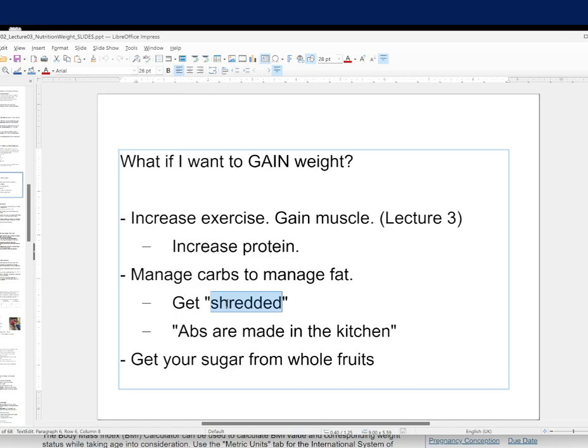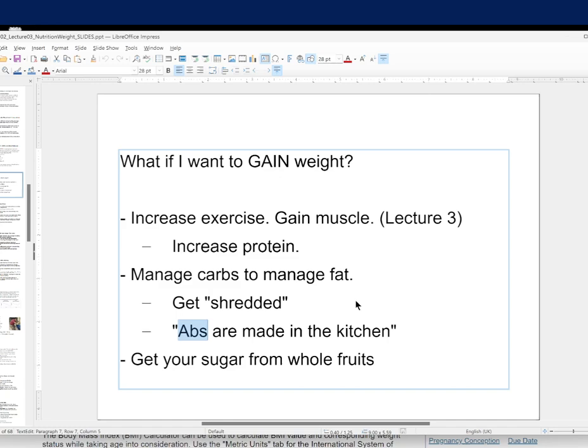you want to get shredded and you want to have abs, I'm going to tell you that abs are made in the kitchen. How is that possible? Aren't abs made in the gym, in the sit-ups? Isn't that how you make abs? So exercises strengthen your abdominal muscles for sure, but